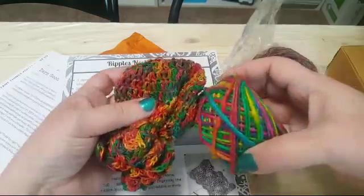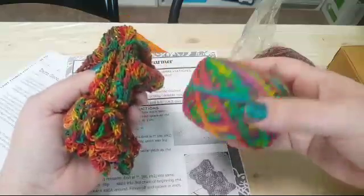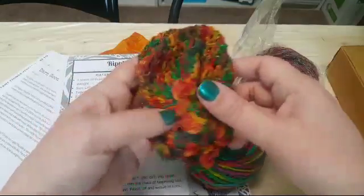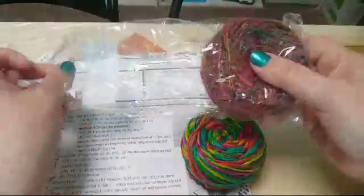And so I see this and I'm thinking, hey, look at that. I mean, it's very similar. Now this is fall colors and this one's more the brights, but I really enjoyed this material. It is absolutely fabulous. And then this,